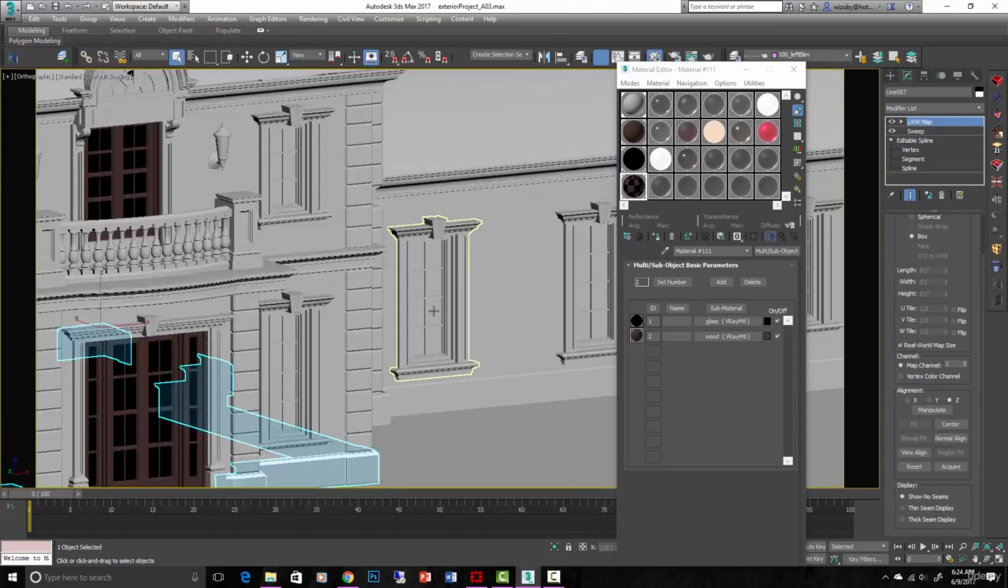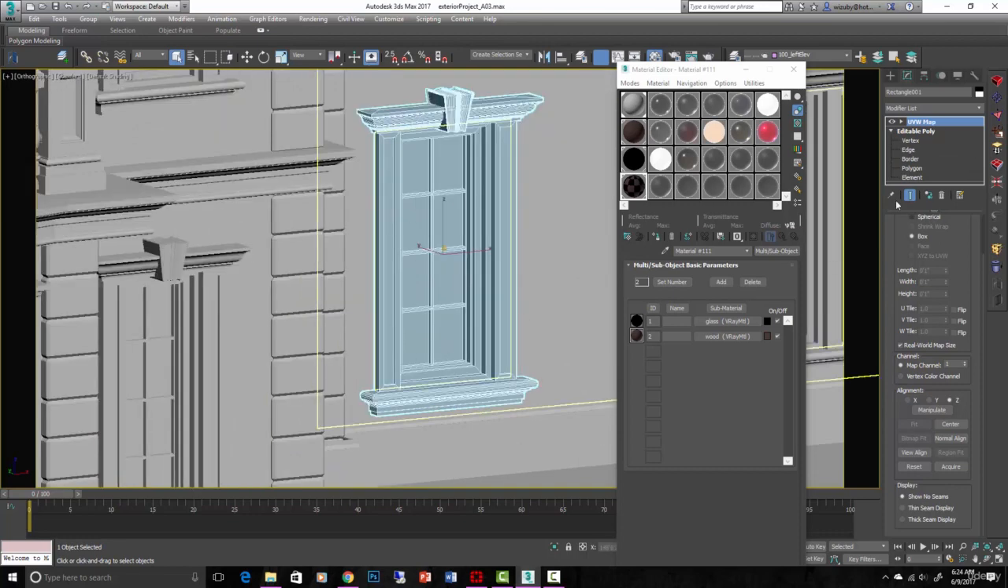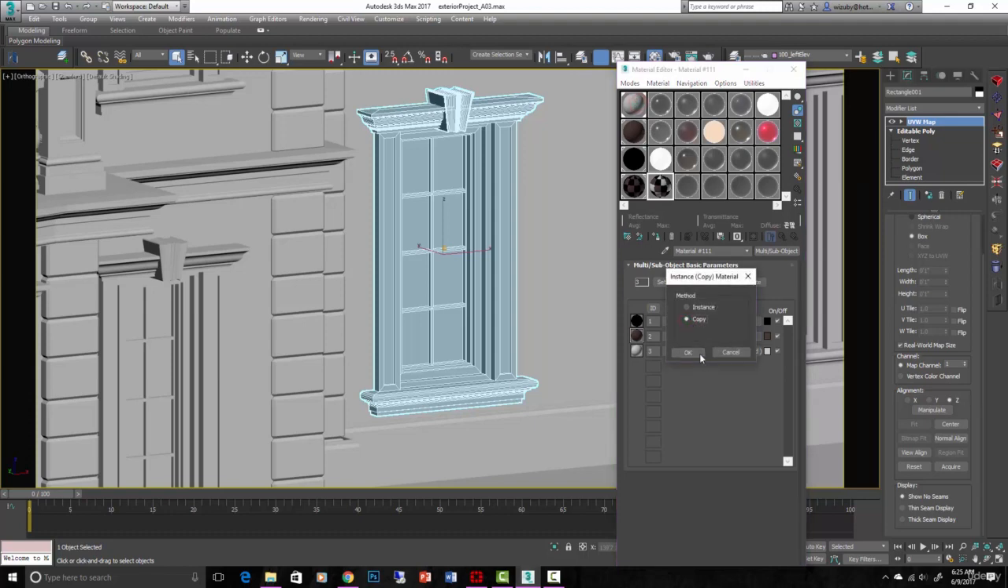We can do this with this one window here, and you can see that's all one object there, one edit poly. So we actually need to make one more material. I'll show you how to do that. Drag this one here, that makes a copy of it, and then add another material to it. We'll make sure that it's a V-Ray material. Drag that one, copy it, don't instance it. And we'll call this one